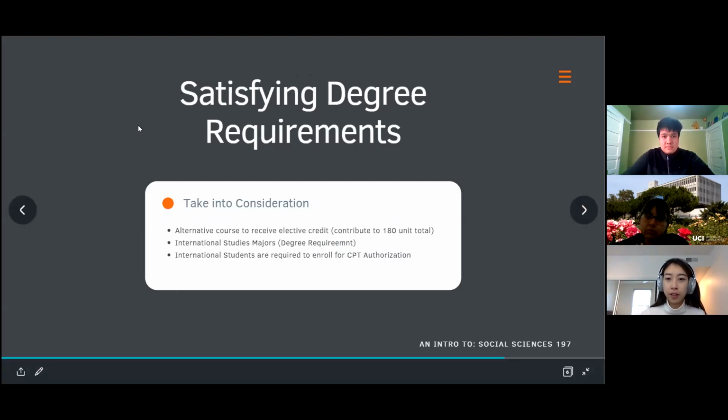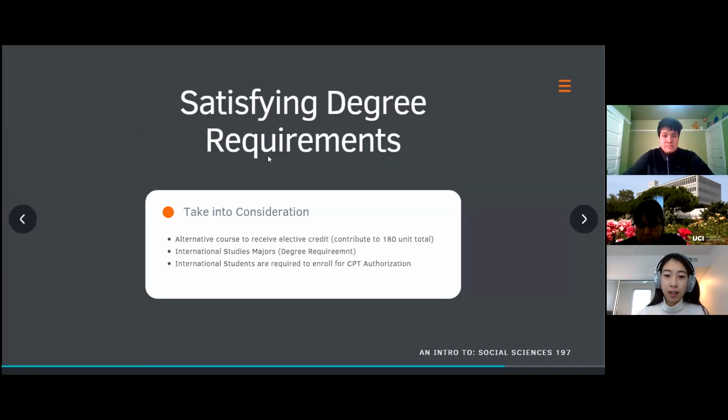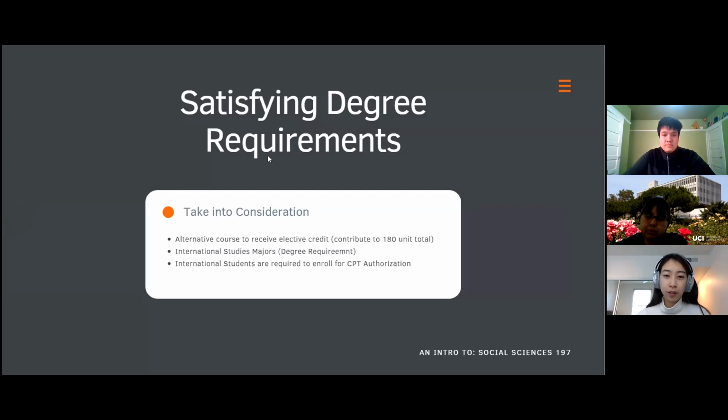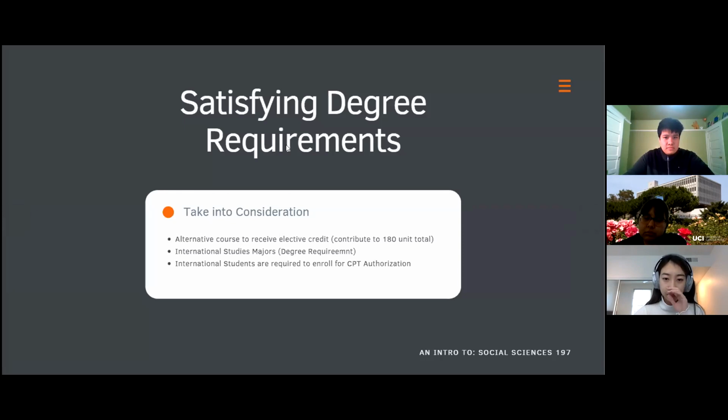It stands for Curricular Practical Training, and if you're an international student and want to enroll in this class, you have to have the CPT certified. I can also send the link if you're a valid F1 visa student and you have a job offer related to your major, and you have to provide proof of enrollment that you plan to participate in the CPT.